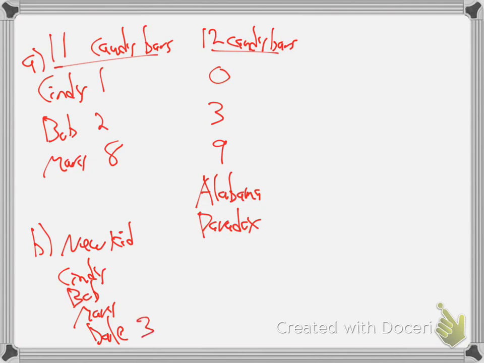So she goes and buys 3 more candy bars, gives Dale 3 candy bars, does the whole Hamilton method thing again, and something like this happens. Do you see how these two swapped? Eve and Mary stayed the same. See how they swapped in the new calculation? Cindy would be happy, but Bob would not be happy.